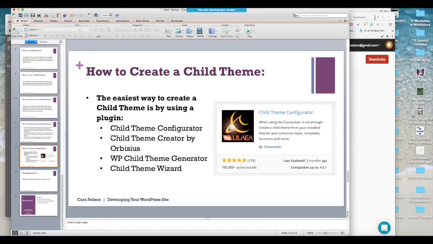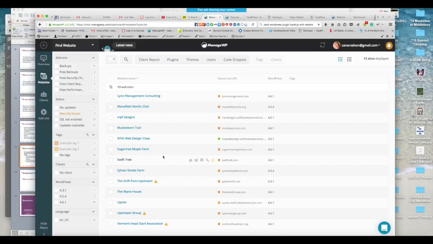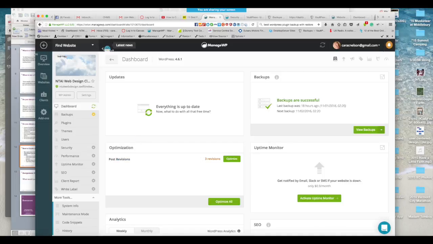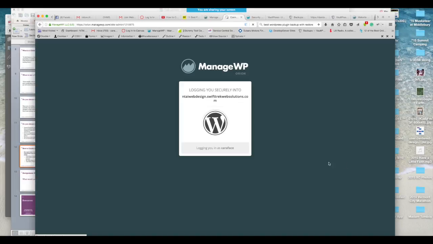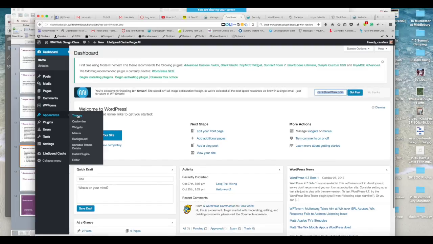So my recommendations. Hopefully John can work on his site, but I was going to have you go install the Child Theme Configurator plugin. And if we go over to my site, I put it in. So if you go to your themes,